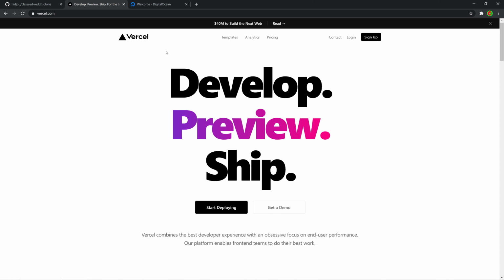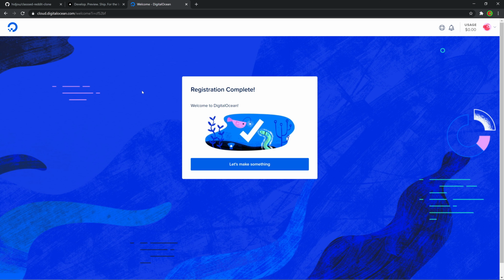the backend I deployed did not have HTTPS, and Vercel does have HTTPS, but you can't disable it. So you can't test it with your backend unless you actually get a domain name, connect your backend to that domain name, get an SSL certificate for that, and then get them to work together. So for this tutorial, I'm actually going to use DigitalOcean and deploy both the client and the